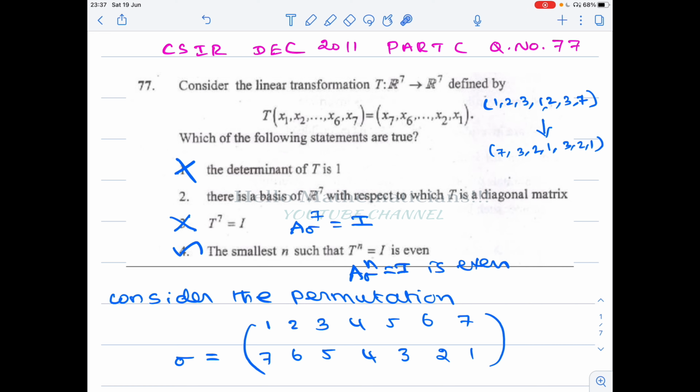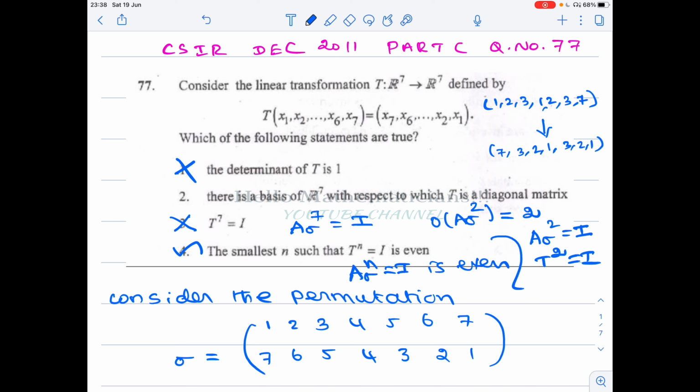Okay, but if you look at this linear transformation, it satisfies a polynomial. What is this polynomial? So this x power 7 minus 1. Oh, sorry, there is a mistake. We proved that the order of A sigma is 2. This is what we proved. That means that A sigma squared equals the identity. That means that T squared equals the identity.